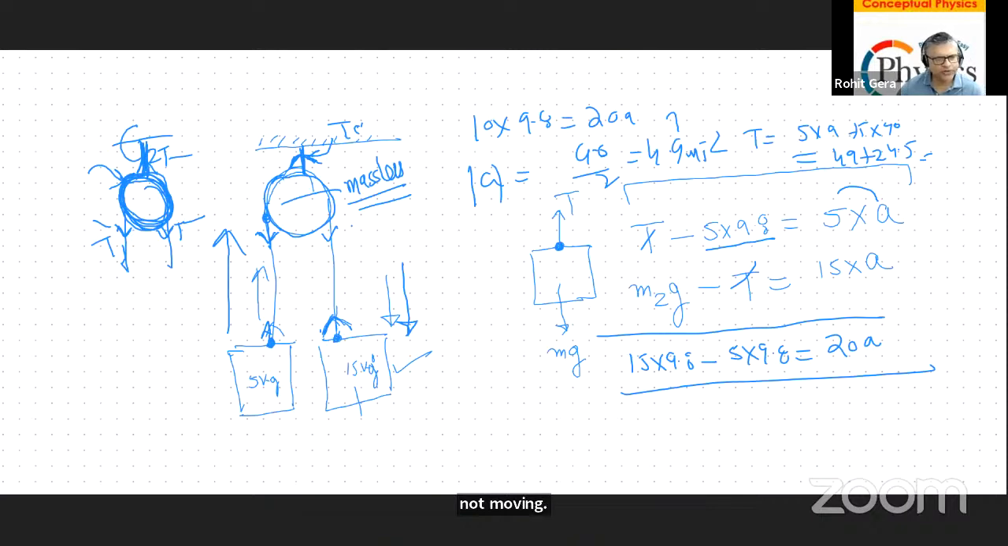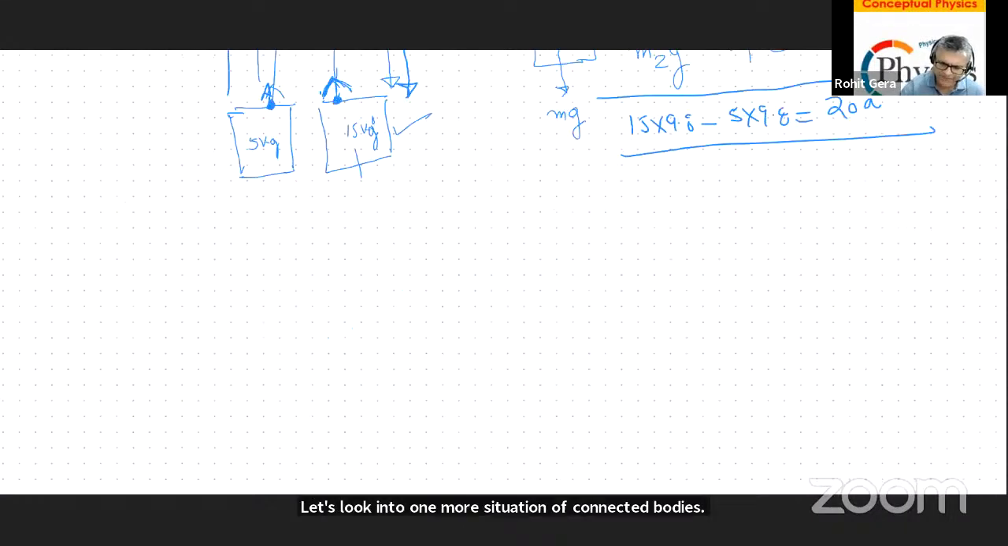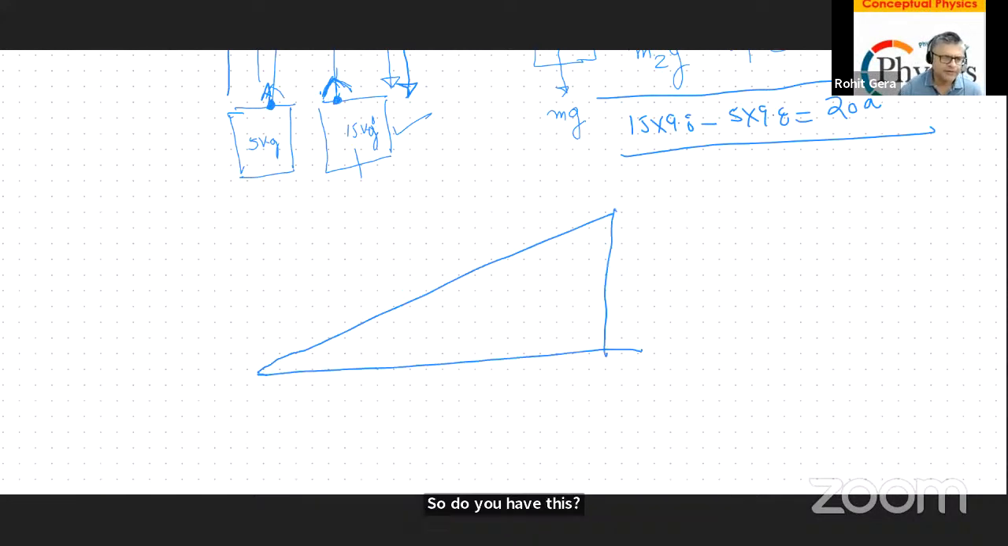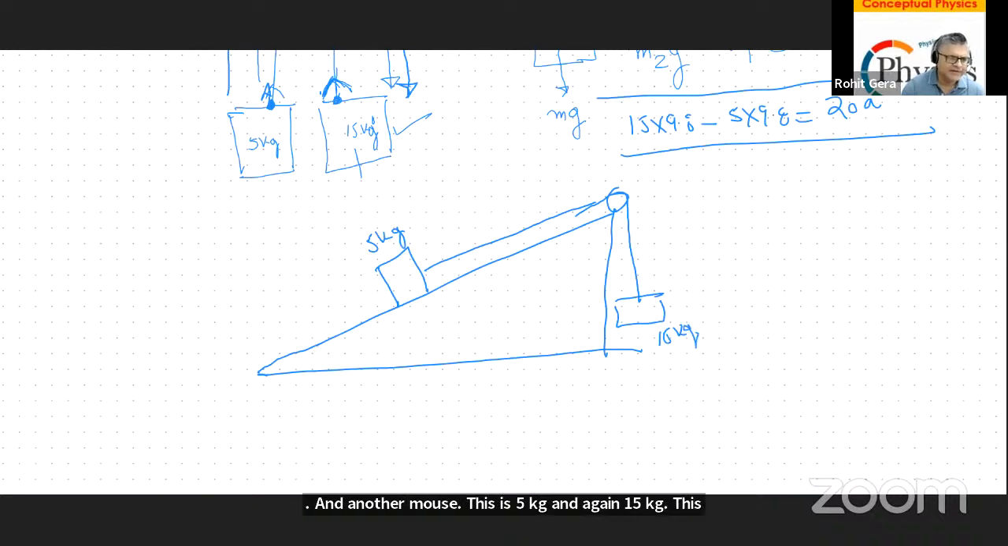Let's look into one more situation of connected bodies. So you have this mass. This is your pulley and another mass. This is 5 kgs and again 15 kgs. This is angle 30 degrees. Look at the way I resolve it. This is my actual weight in x and y axis, mg. This is the component of the weight along the incline, and this is the perpendicular to the